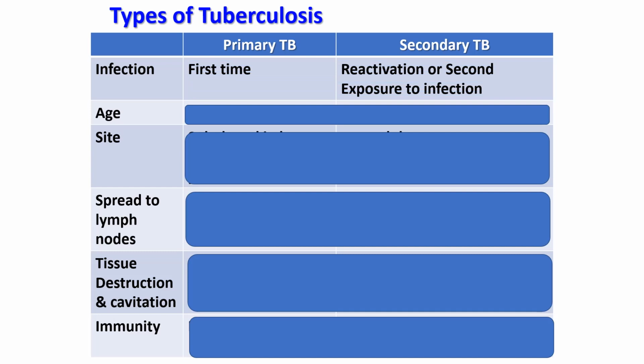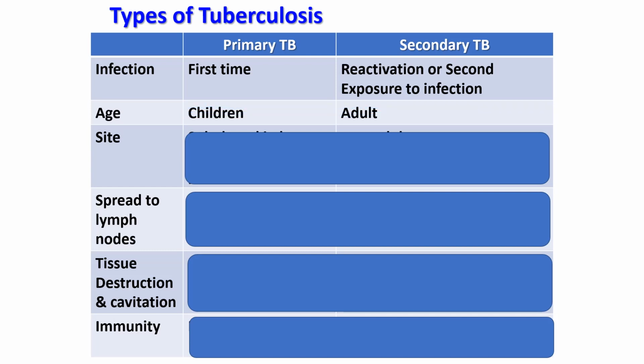Primary TB is infection for the first time; the person was not exposed previously to TB infection or did not receive vaccination. Secondary TB is infection for the second time, either reactivation of the dormant focus or secondary exposure to an infected person. Commonly, primary TB occurs in children in endemic areas, like in Egypt. A person who has not received the vaccine or been exposed to infected persons, like children, or